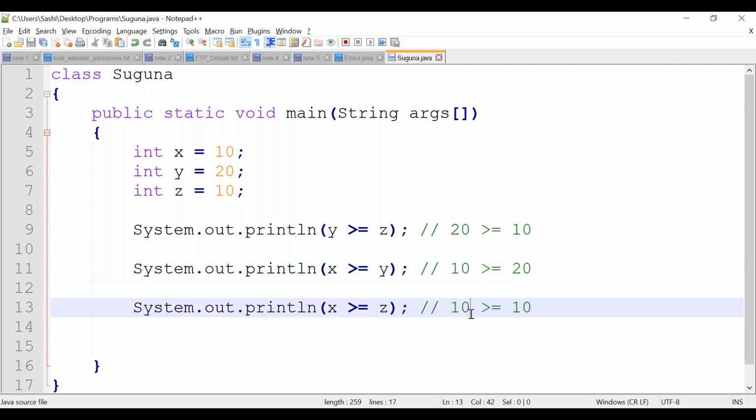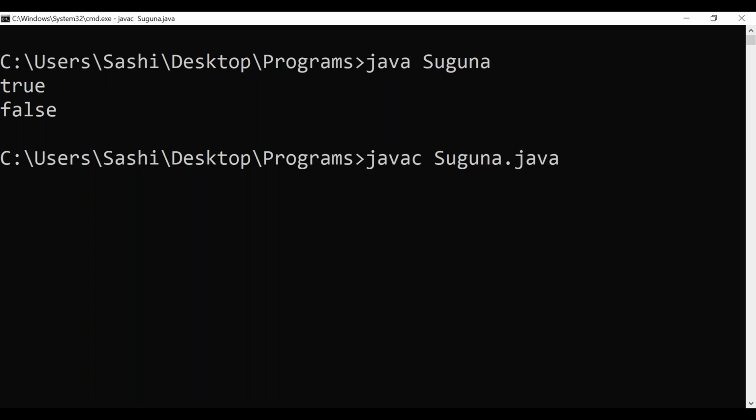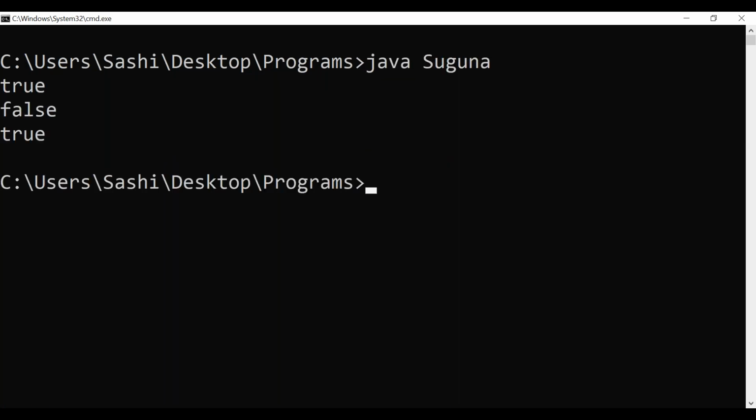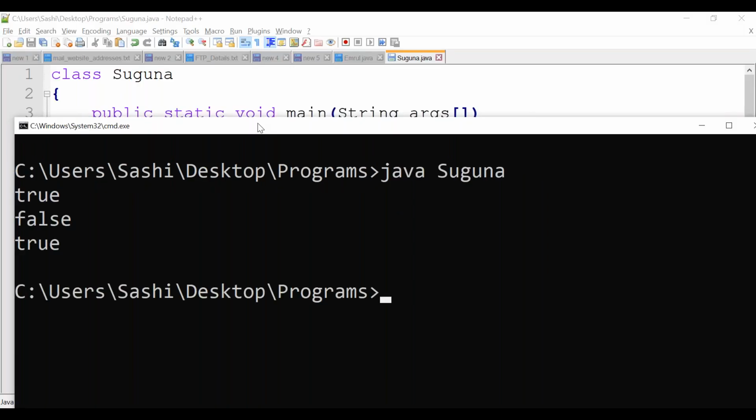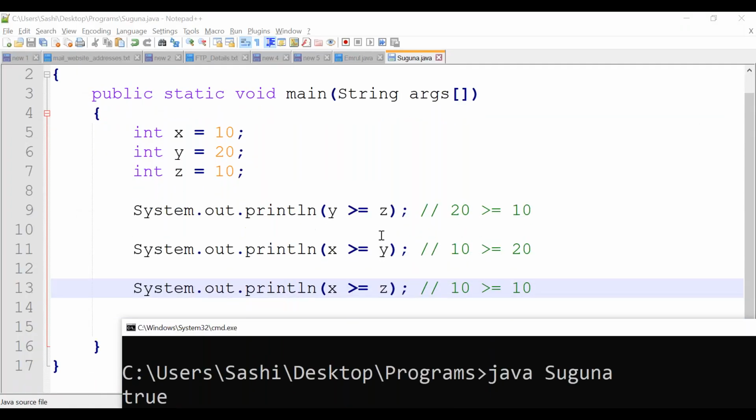Third one, listen. 10 is not greater than 10, but the second condition it checks. Either it can be greater than or it can be equals. Here it comes under equals. So third one is true. Let's rerun it. See here, you are getting all these three outputs, right?